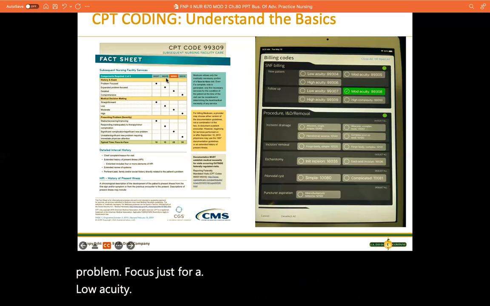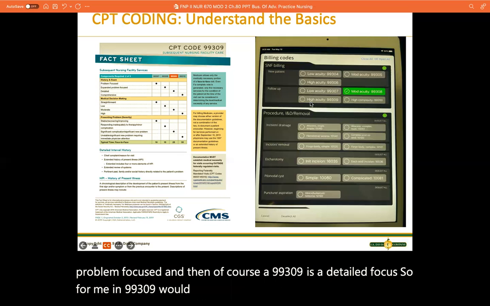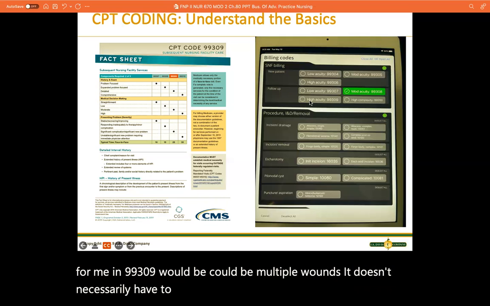Moderate acuity and 99308, you're going to need expanded problem focused. And then of course a 99309 is a detailed focus. So for me, a 99309 could be multiple wounds. It doesn't necessarily have to be multiple wounds, or it could just be a wound that is now decompensating, that